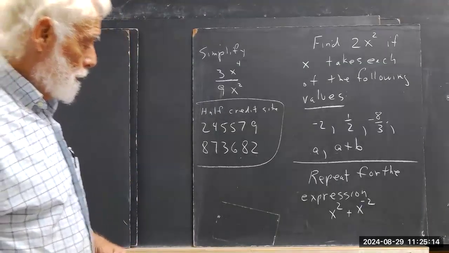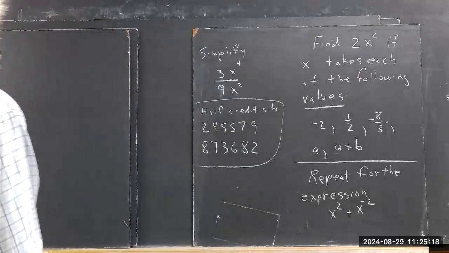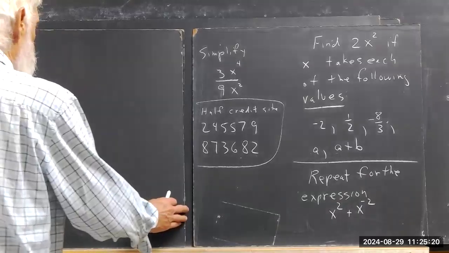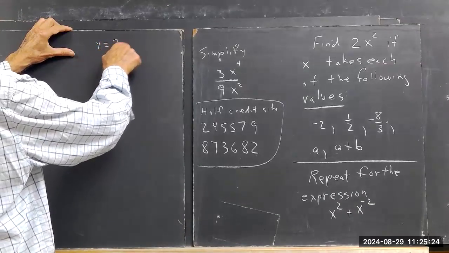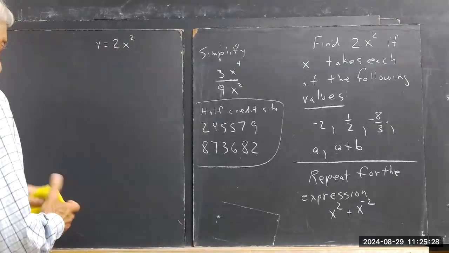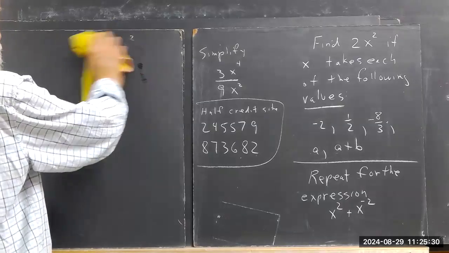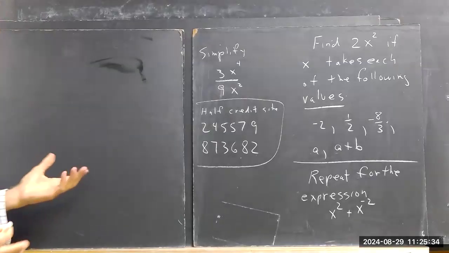Okay, so let's go over these and see how you did. We got 2x squared. I'm going to write this as y equals 2x squared. Matter of fact, I'm even going to write this as, we're going to introduce function notation today. And you should have seen function notation. But I will tell you,